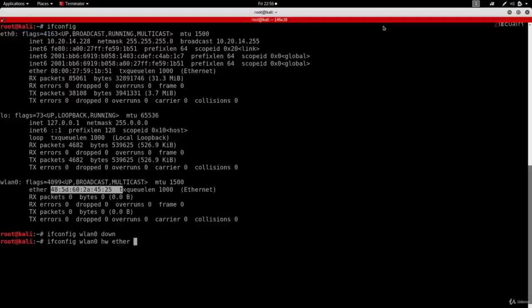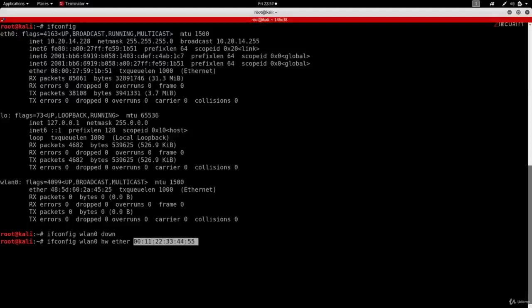For example, I'm going to use 00:11:22:33:44:55. Very simple command. We're doing ifconfig wlan0 to select the interface, we want to set the hardware address, and we want to set it to this specific address. You can use any address that you want following the same format shown here. Just make sure your address starts with 00.